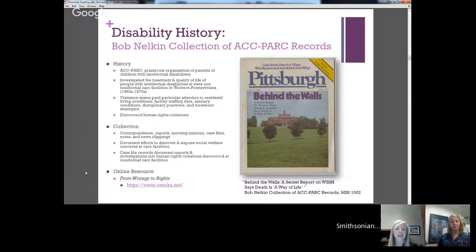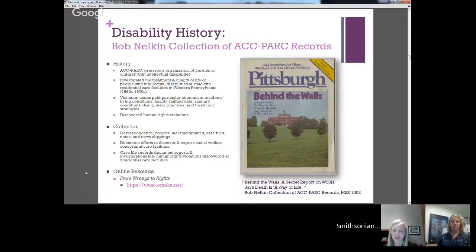And so again, this is reflected very, very powerfully within the collections. And what they found was actually quite troubling. Primarily they found a gross overpopulation of those living at the state-run care facilities. They also found that these facilities were chronically understaffed, and as a result, there was a real general lack of programming, and the sanitary conditions were in some instances absolutely deplorable. And then beyond that, and perhaps most troublingly, they found evidence of the use of restraints and